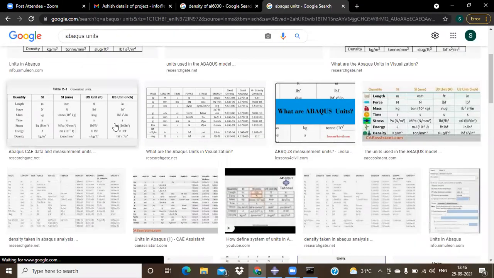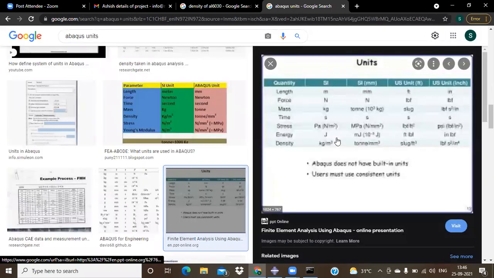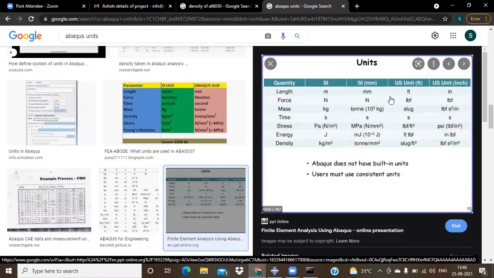This is the one I normally follow, which gives you perfect information. Length is in mm, force you apply in newtons, and mass you have to give in tons, that is 10 cube kg, time is in seconds, stress is in MPa, that is Newton per mm square, energy is in millijoules, and density is in ton per mm cube.